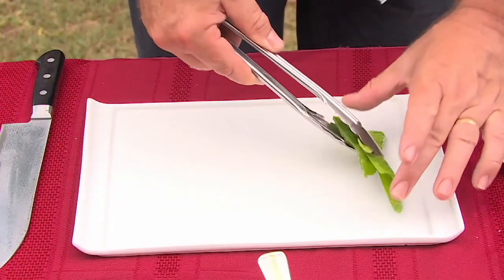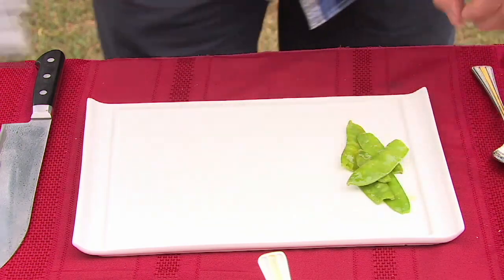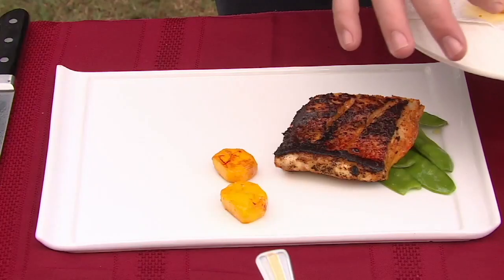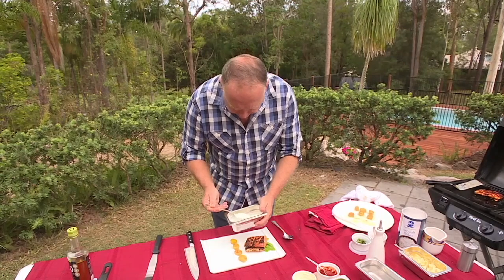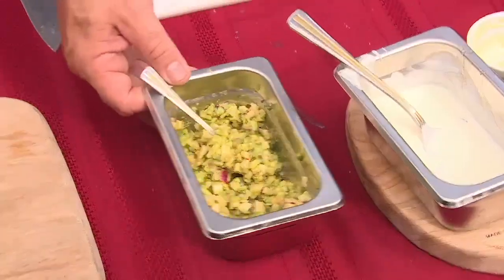So I've just warmed my snow peas up with a tiny bit of olive oil and salt and pepper. So I'm just going to top with my fish. And we're just going to pop on saffron potatoes. Four's probably enough. It's got a beautiful natural yogurt, just a nice smear on the plate. So we're just going to pop